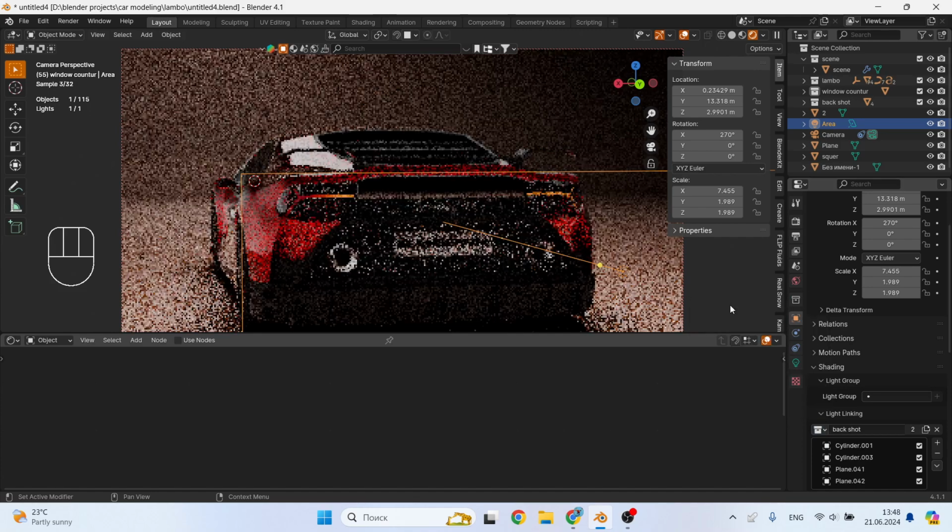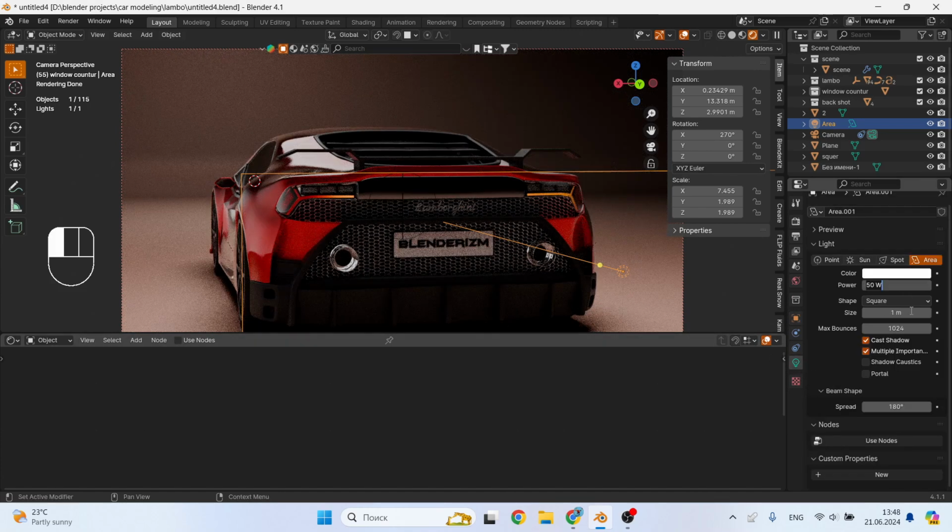And we'll tweak the light brightness a little. But the main thing is not to overdo it.